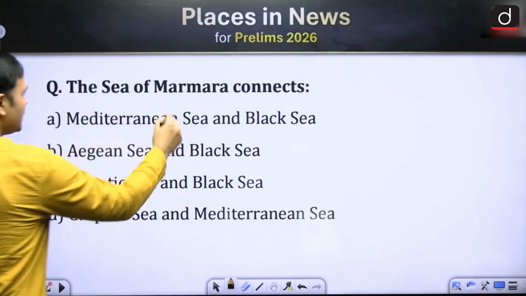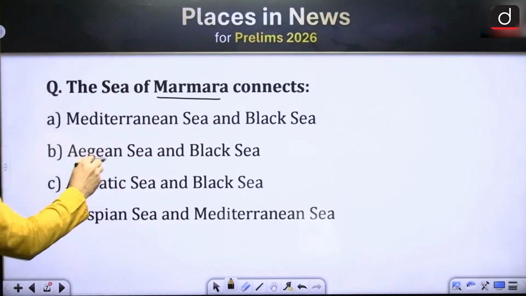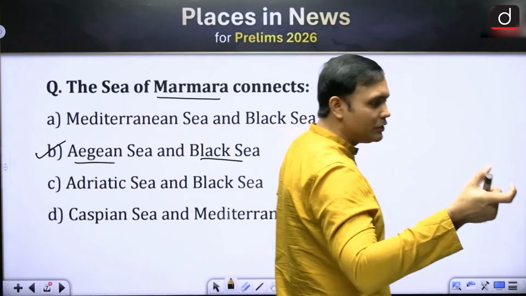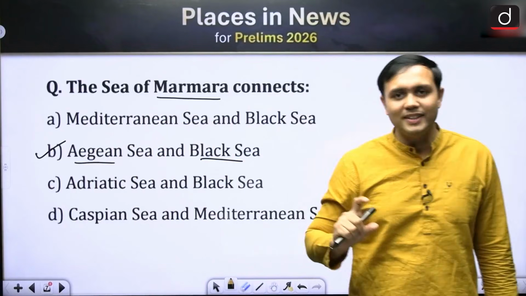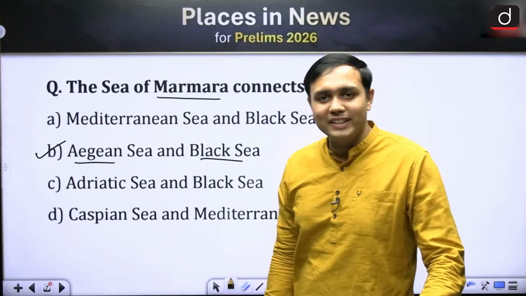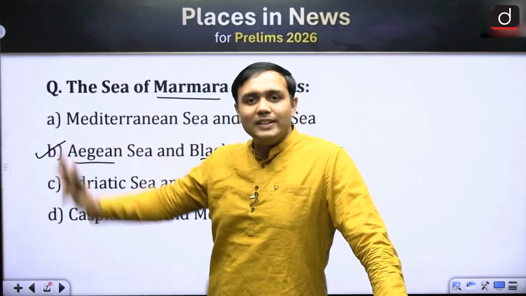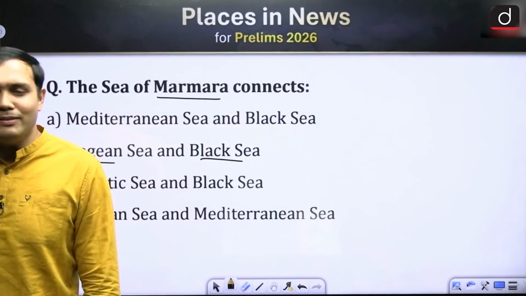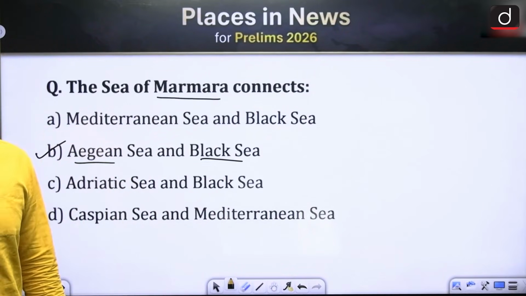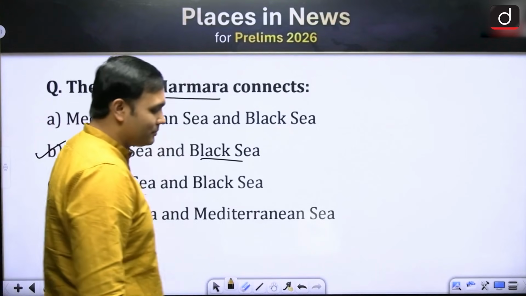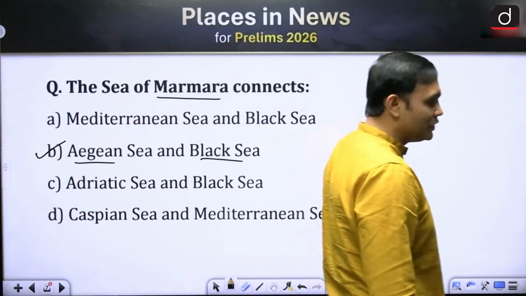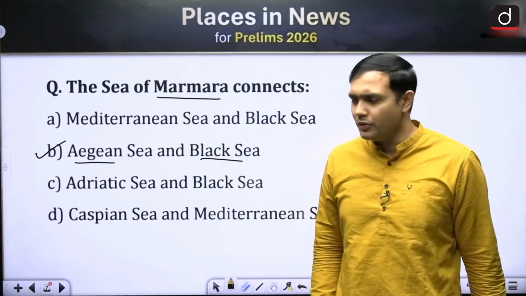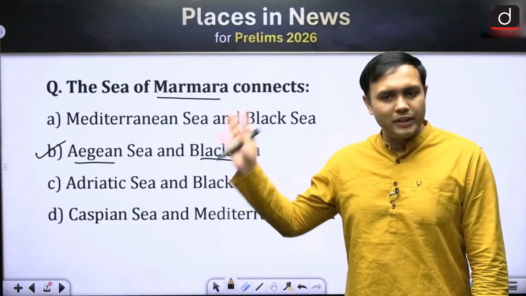Sea of Marmara connects which two regions? So it will be Aegean to the Black Sea, right? That is why Sea of Marmara has two straits, Bosphorus and Dardanelles. I had asked you which is the strait that is there with respect to the last portion. So I'm happy that some of you have gotten it correct. Some of you were not able to answer it properly, but do try and notice it properly, because these are the regions that are associated with the Russia-Ukraine conflict, Crimean Peninsula, right? Kerch Strait, of course, we are talking about. So these were the different questions that we had seen in the last class.